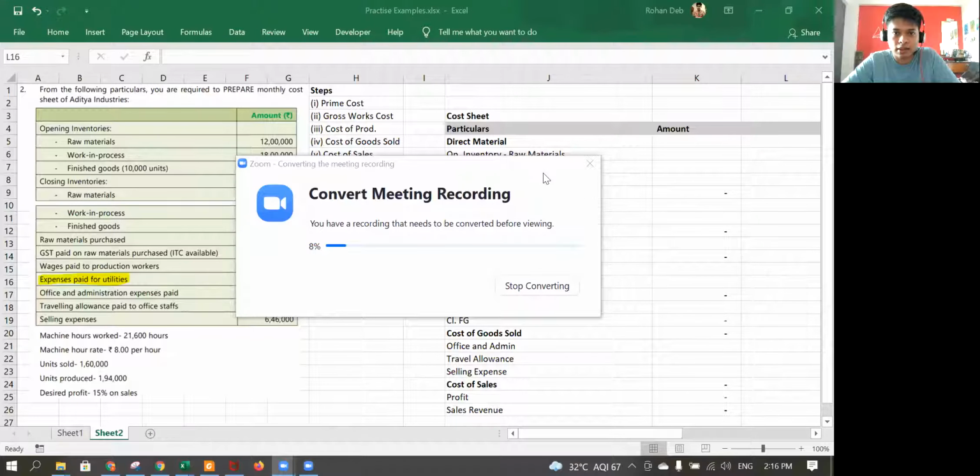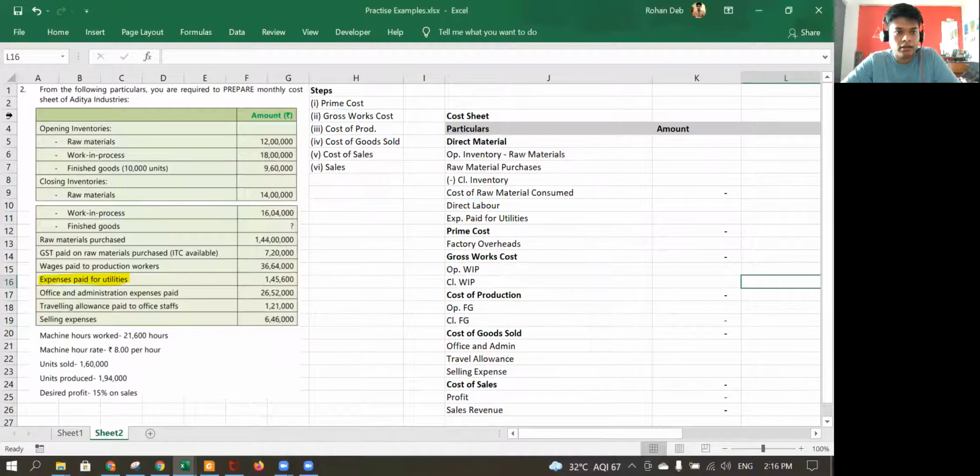Okay, so last question before the exam, and I'll just upload this one. I'm going to talk about a cost sheet, and I'll make a cost sheet in front of you guys so that you have an idea of how to make it, in case something like this comes in the exam, right? So firstly, I have this question.